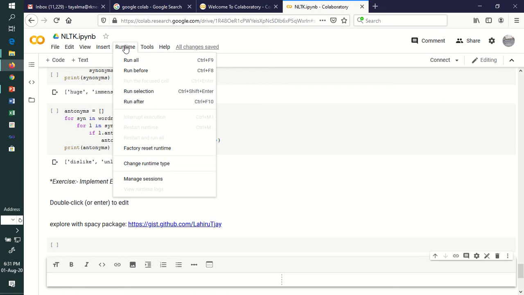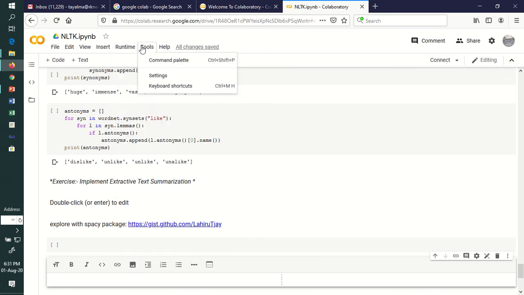To make it executed again, you have to run a command. You have to give the command Run all. It will run all the commands you have written previously. This way you can use the Runtime button, and this is what we can call the look and feel of your Google Colab.